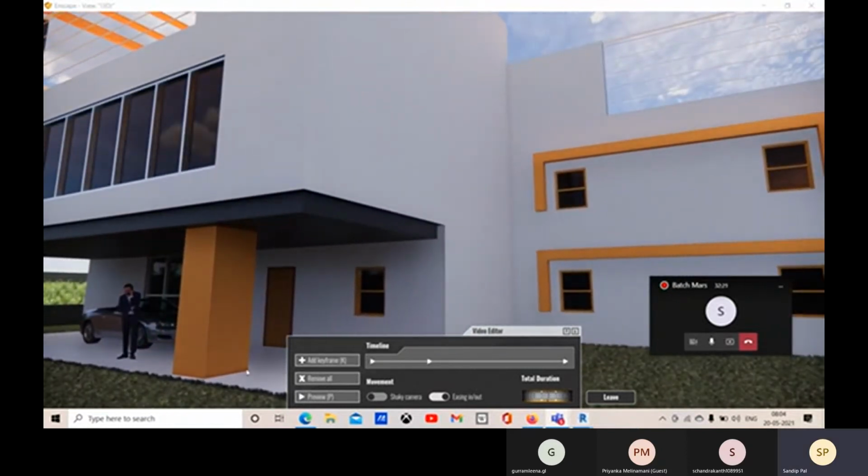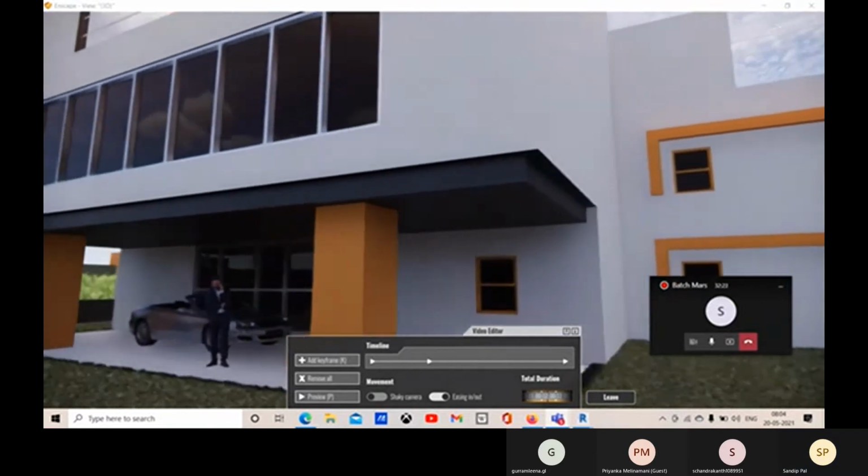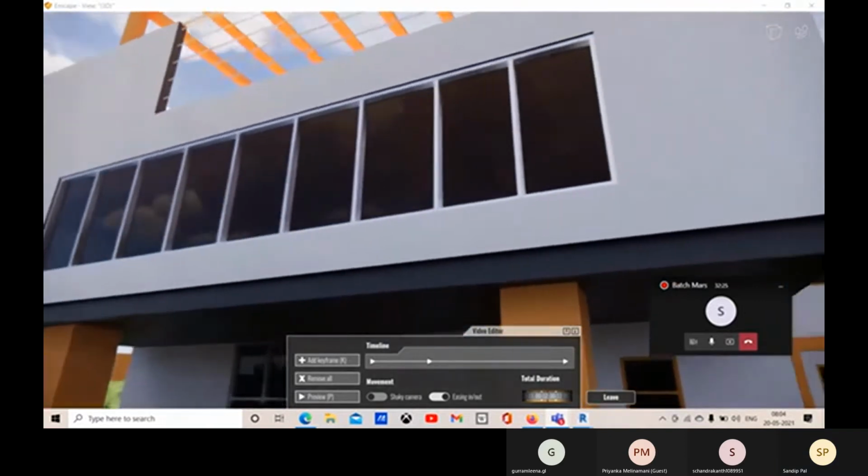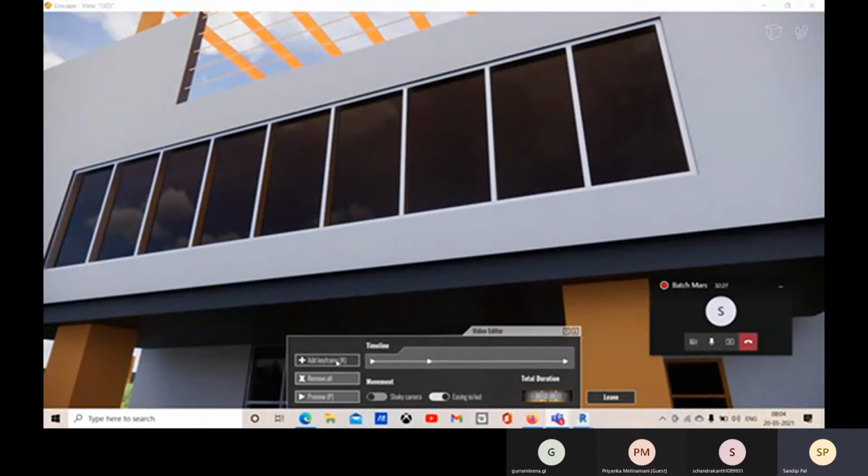And here I can add another keyframe. Let's add another keyframe over there.